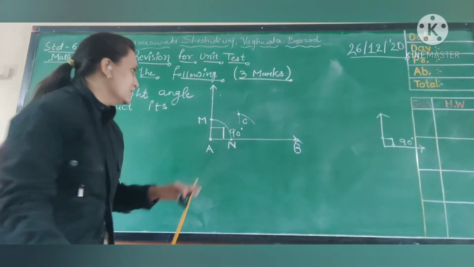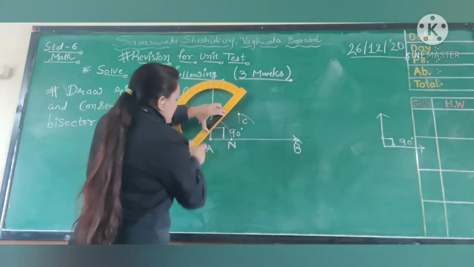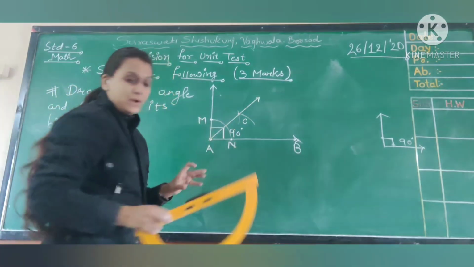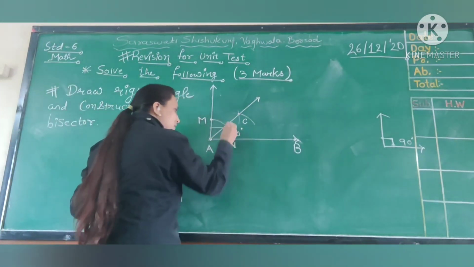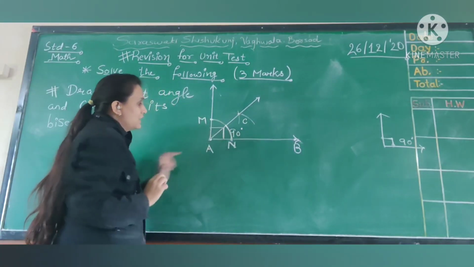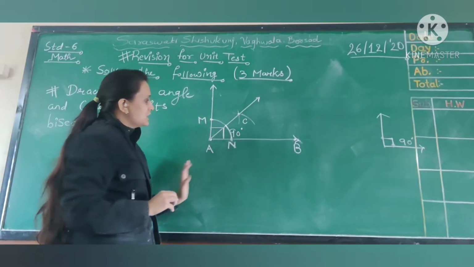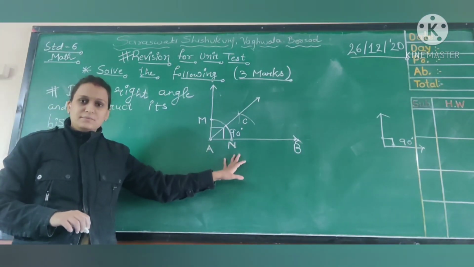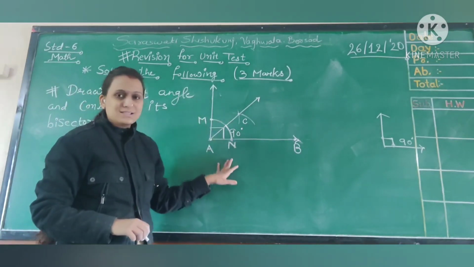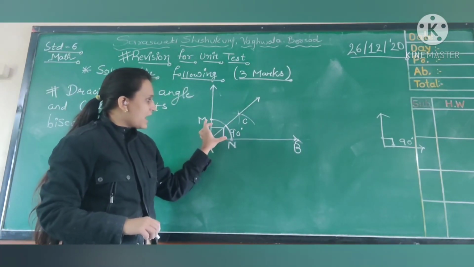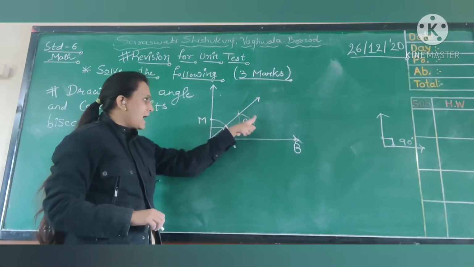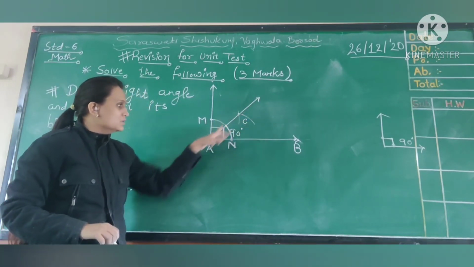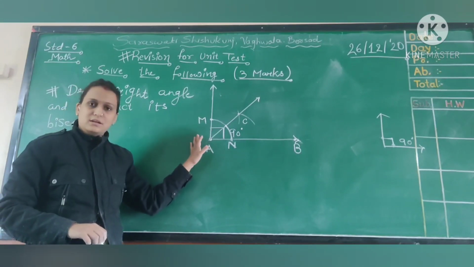Now for the perpendicular, we have to join points C and A. So let us join C and A. This is the perpendicular of the 90-degree angle. This way you can find the bisector of any angle. First we constructed 90 degrees. Then with an approximate radius we constructed a semicircle, and that measurement we took from points N and M. We constructed one arc, and then we joined A and point C. So this is your bisector of the 90-degree angle.